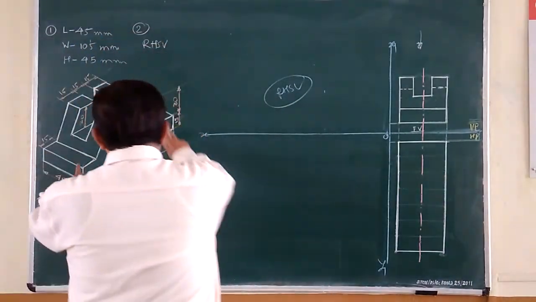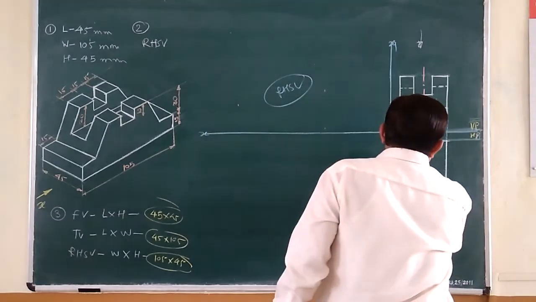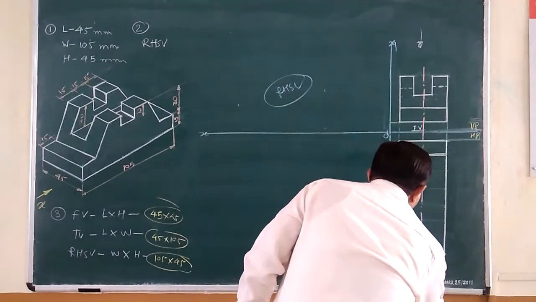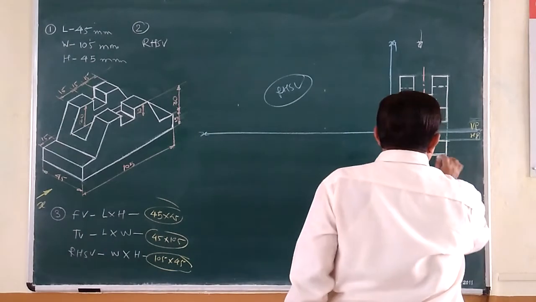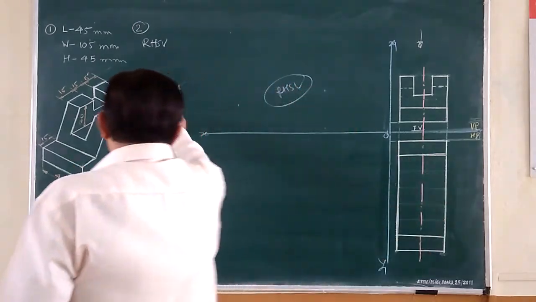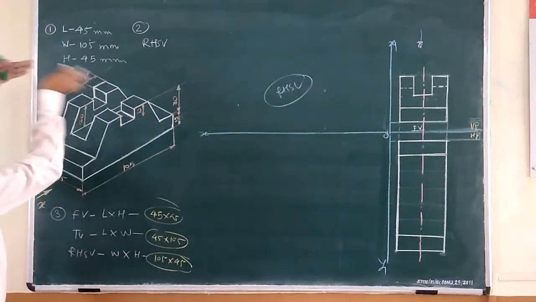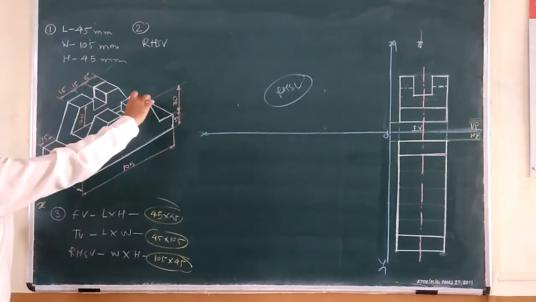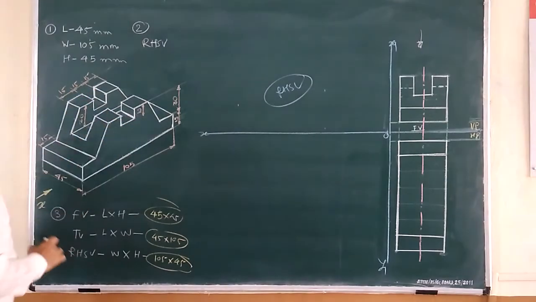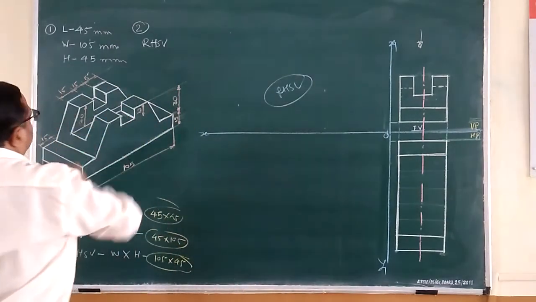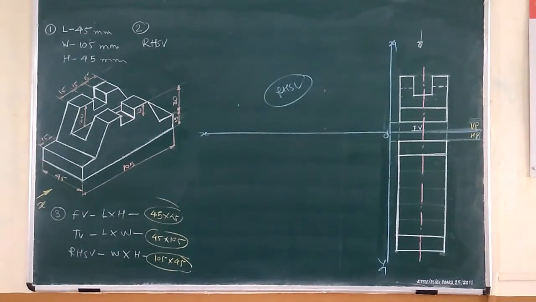Now, these two flat surfaces, first of all, we have to finish. First one will be here, second one will be here. This and this will appear here. Just below that, as we are observing from the top, 1, 2 and 3, 4. Okay, 15 mm spaced segments. Likewise, I have drawn faint lines here. We have to pick those exact shapes and place them. So 15 mm spaced lines are there.